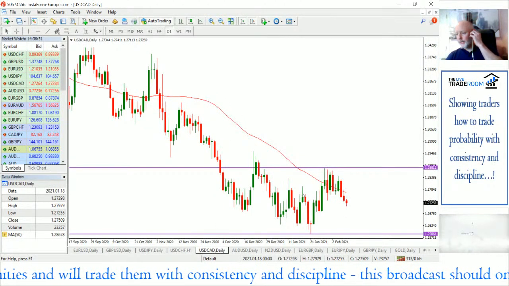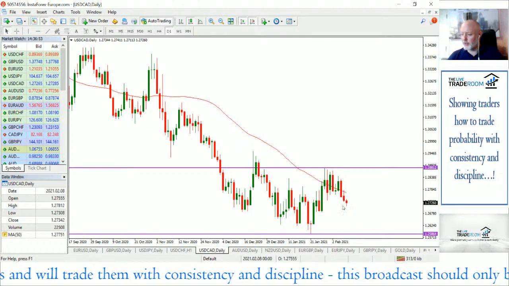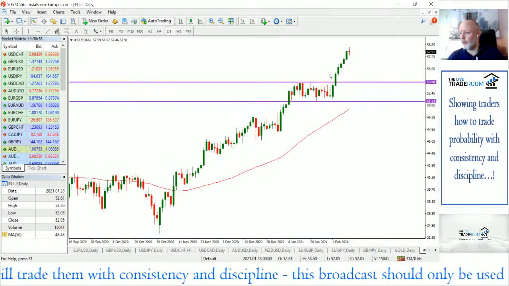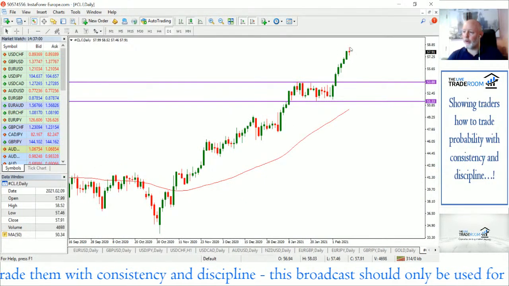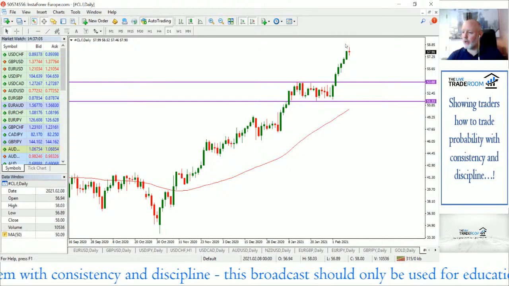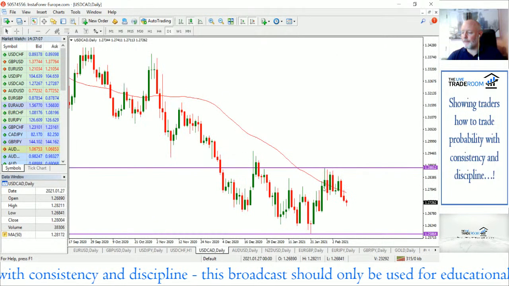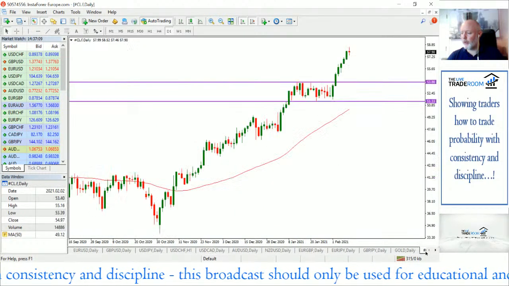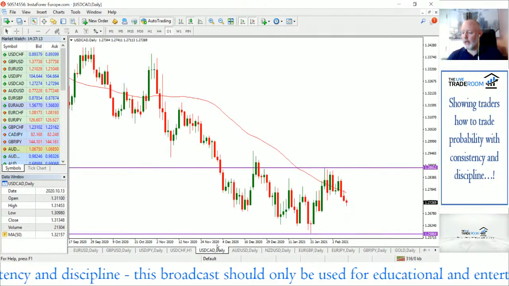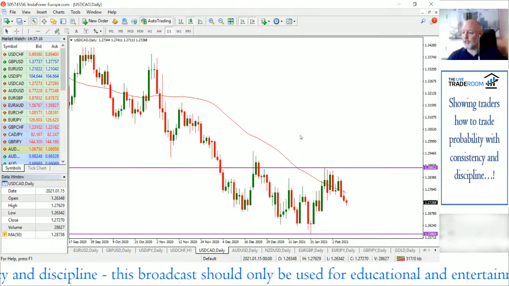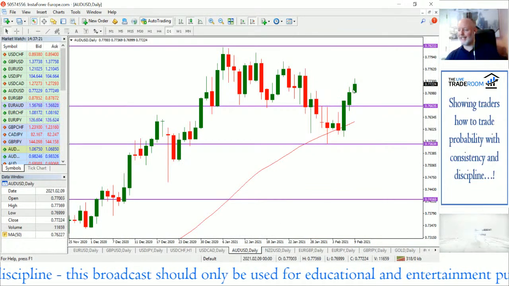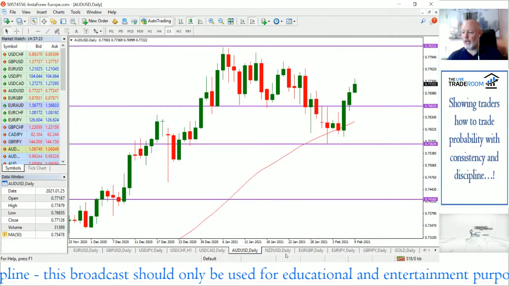The commodity currencies, the CAD is strengthening just marginally. While we're looking at the CAD, it's always useful to just see what's going on with the crude oil market. They're a net exporter of crude oil, so the dollar CAD, the loonie, does react with the crude oil market. So it's worth knowing and understanding these correlations as best you can. It'll take a bit of time, of course, but we can clearly see we are in a dollar weakness